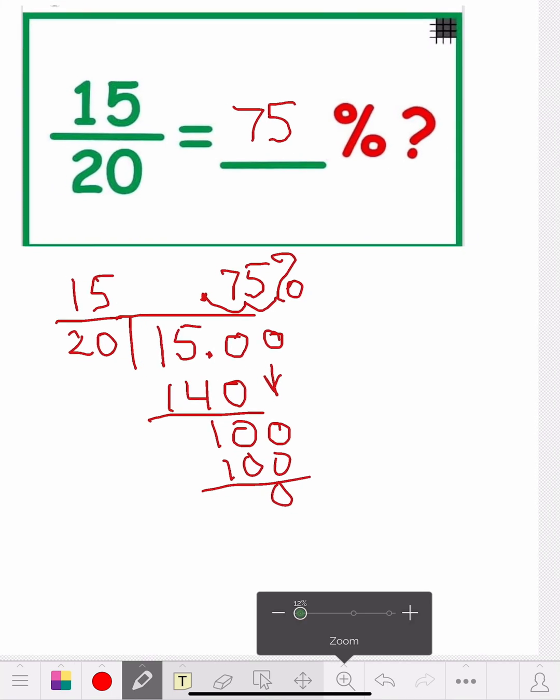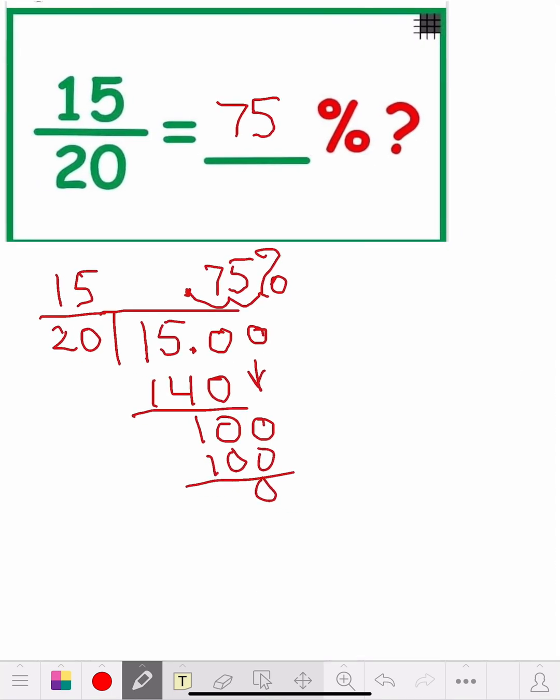Let me show you another way you could have done this. You ready? So we know that a percentage is really usually the number over 100. It's going to be 100 down the bottom. Now this one here, 75 is over 100. So we know that the percentage stands for over 100 because we moved 2 places, so we got a 100 value. So we could take 15 over 20